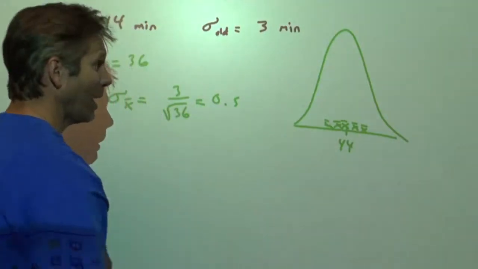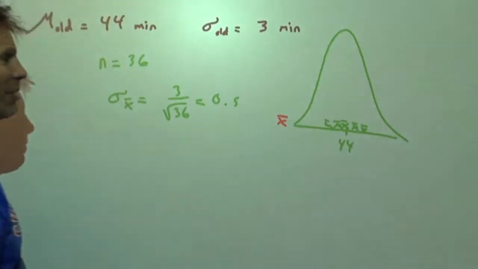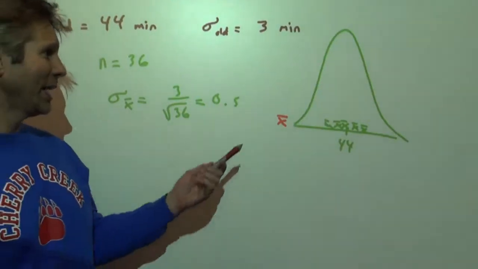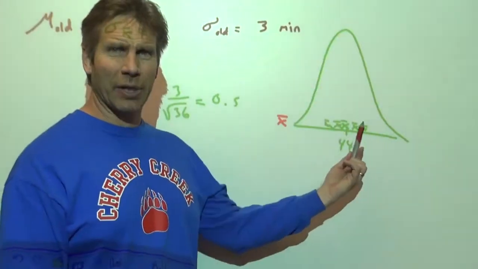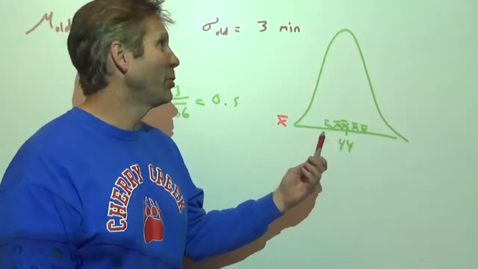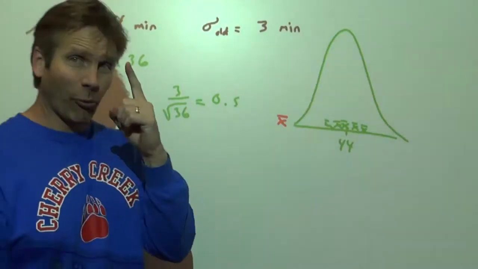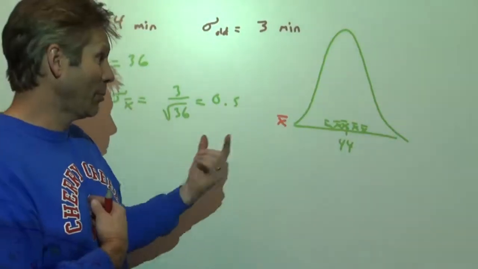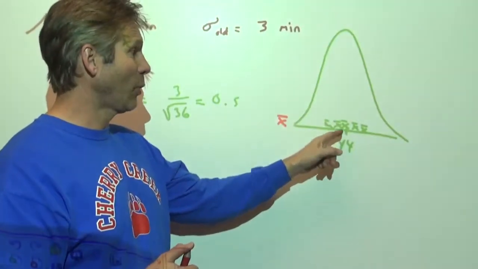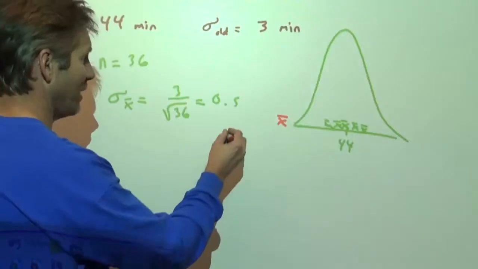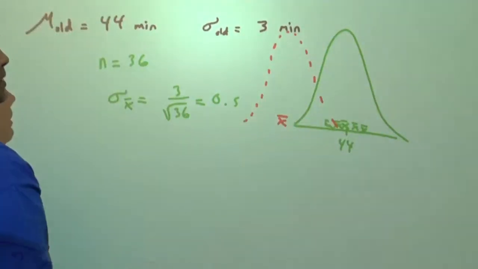Now, if our sample mean from this new company is way down here, then we would conclude, you know what? This mean we got does not behave like the kind of mean times we'd get to process a loan if it was the old cruddy system that we were using. So if one time we take a sample and our sample mean is like this for the new system, then it's not behaving like the old mean of 44. We would tend to believe that the new system would have a mean average down here somewhere.